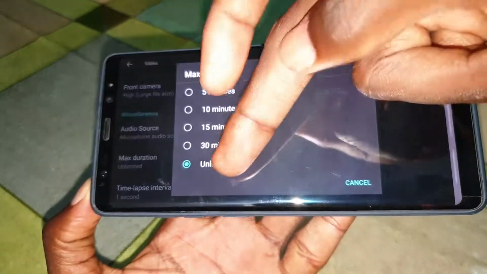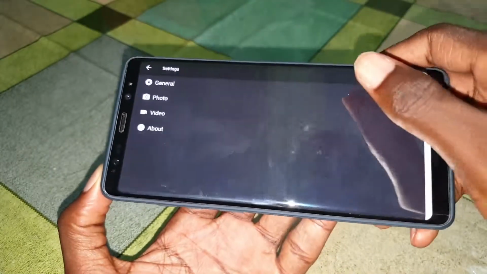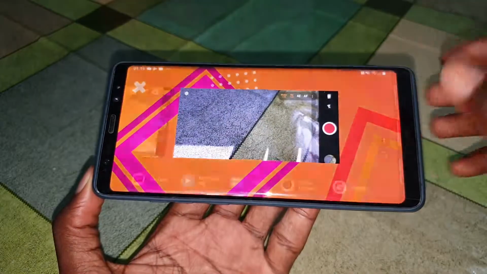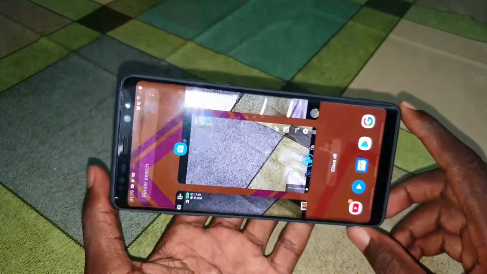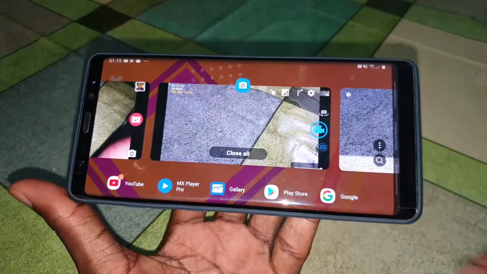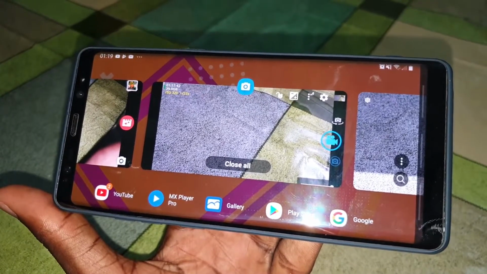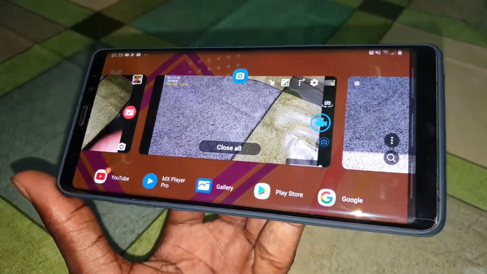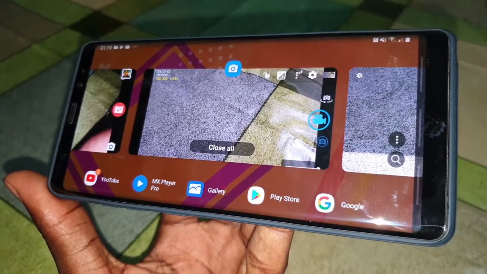Okay, unlimited. Wonderful. This is the best camera that you can get on One UI and Samsung Galaxy Note 8 and other devices in the world. This is great, nice and big.